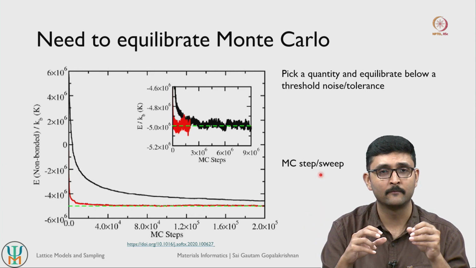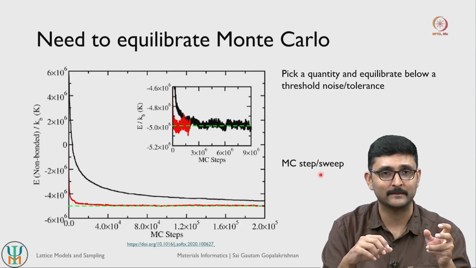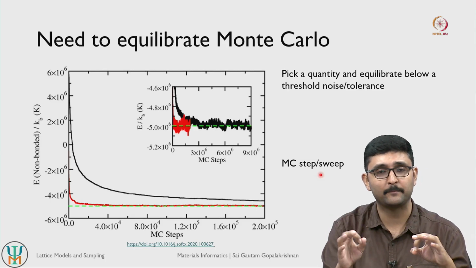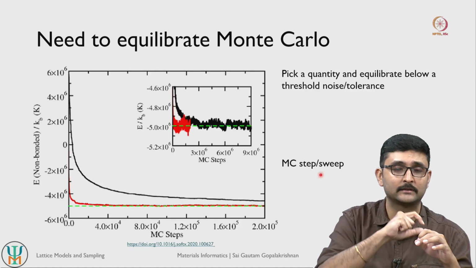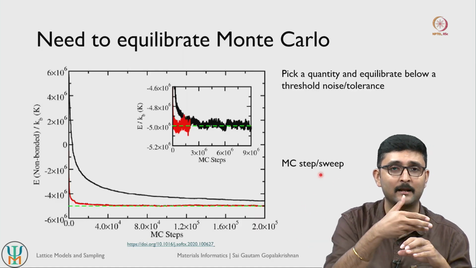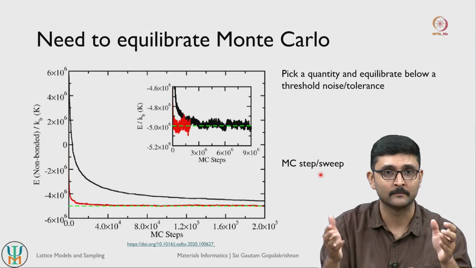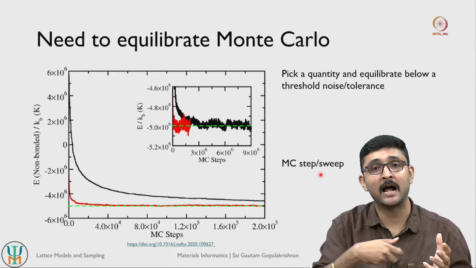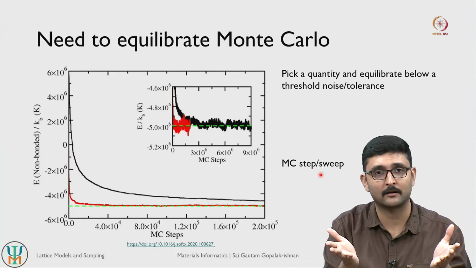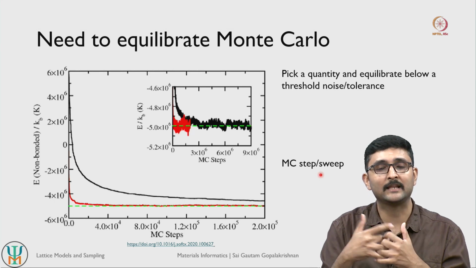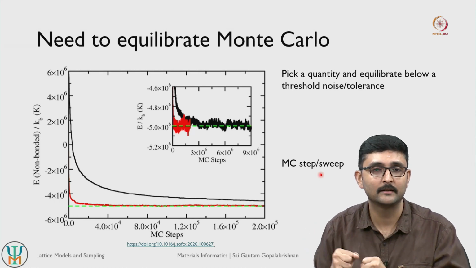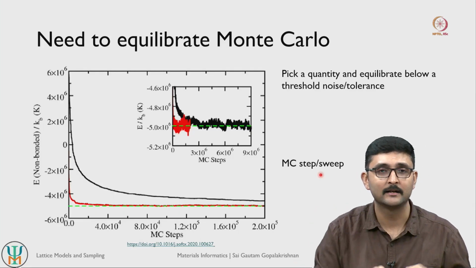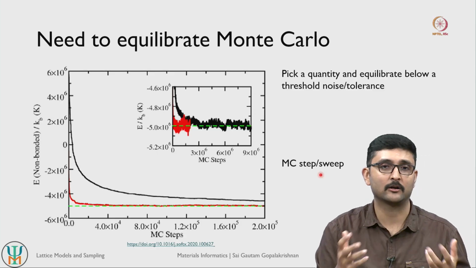Similarly, in the case of Monte Carlo, a step is any displacement or perturbation that you introduce in a system. A Monte Carlo sweep is when you have introduced the same number of perturbations as the number of distinct lattice points in your system. Let us say you have 100 lattice sites in your given structure. If you have introduced 100 perturbations in your Monte Carlo sampling, that corresponds to one Monte Carlo sweep, right. So if the number of Monte Carlo steps equals the number of lattice sites, that is one sweep, and every perturbation is a Monte Carlo step, right.